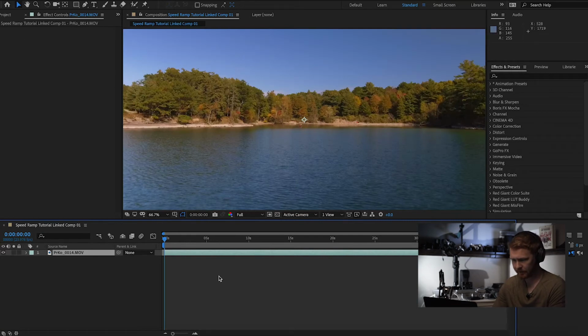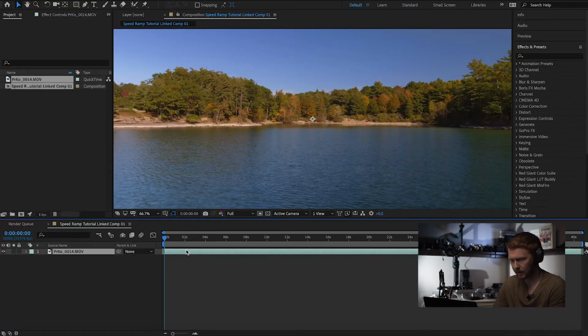If you're not familiar with After Effects, this will be a little bit easier of a tutorial. It's not overly complicated, but basically your timeline's here. And this is always going to be your footage, and you can stack footage underneath each other to do different effects. Okay, so my next effect, or my next version of speed ramping adds a little bit of motion blur,